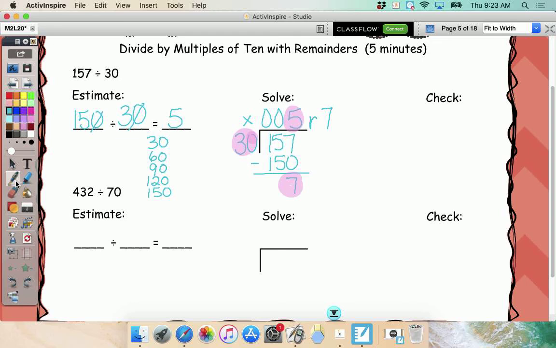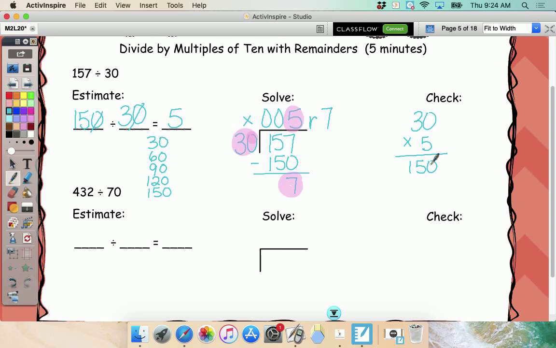30 times 5. Look at it. Everybody look at it. 30 times 5. That's why I don't highlight this 7 up here. So if you accidentally highlighted it at the top, you've got to do it at the bottom. Because then you'll get more confused. Yes. 150. Okay, what's my next step,